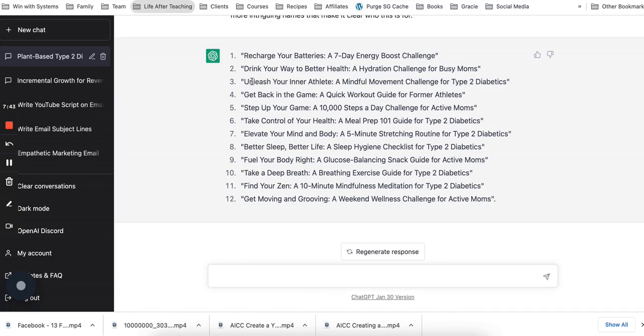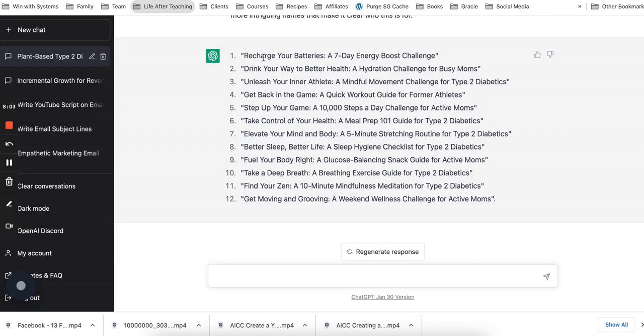I would probably need to run ads to it because I don't think people would find that on their own. And because I'm not seeing a lot of searches for it, I don't imagine that people will be searching and finding it. I might be wrong, but that's what I would imagine. So if I was looking for other things that I could do that I think would go over well,